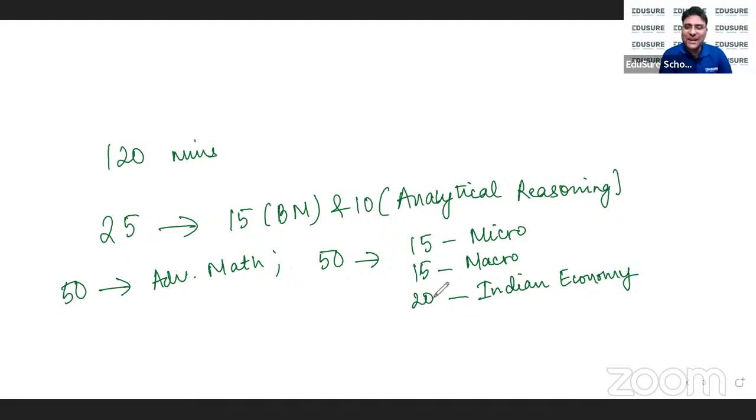अब आपका सवाल होगा, ये इंडियन इकोनॉमी के लिए कहां से प्रिपेयर करें? जो मैं ऑलरेडी देख पा रहा हूं कि इंडियन इकोनॉमी के लिए आपको प्रिपेयर करना है जेएनयू पास पेपर से एंड एमएससी पास पेपर से. जो क्वेश्चन इंडियन इकोनॉमी में आए हैं फ्रॉम द पास पेपर्स ऑफ जेएनयू एंड एमएससी एंड हैदराबाद, दे विल बी रेलेवेंट फॉर एमएससी. ठीक है, सो 75 क्वेश्चंस इन ऑल, 120 minutes, 25 compulsory basic math and reasoning, and 50